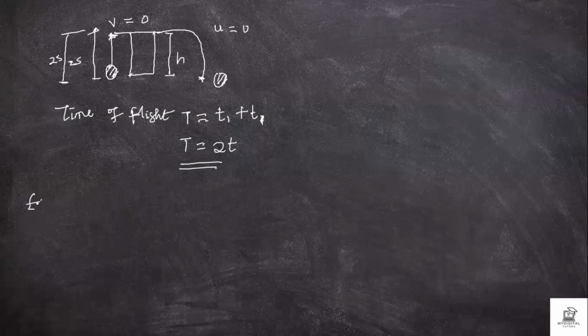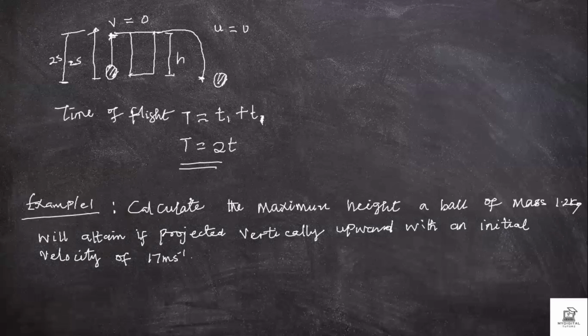So example 1. The question says, calculate the maximum height a ball of mass 1.2 kg will attain if projected vertically upward with an initial velocity of 17 meters per second. So the body is projected vertically upward. Take note, vertically upward. What do we say will happen? There are 2 things we said will happen. The first thing that we say will happen is that when an object is projected vertically upward,